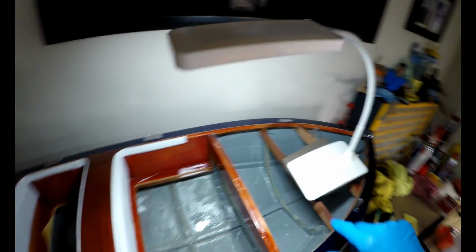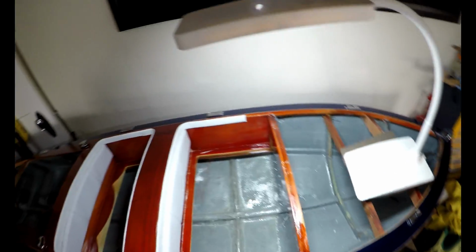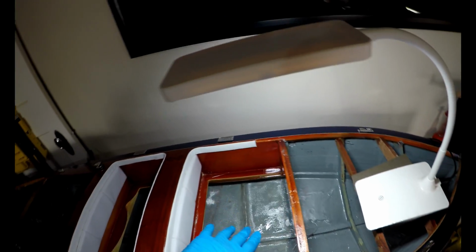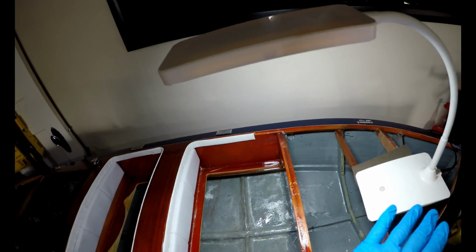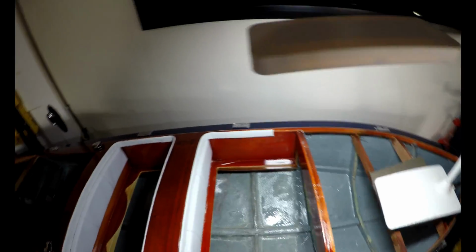All I wanted to do is basically show you I'm finishing this fiberglassing of the hull, the first coat of it. I'm going across the hull at this point in time, and once this is dried, I will go lengthways. I'm using just a regular fiberglass cloth as opposed to